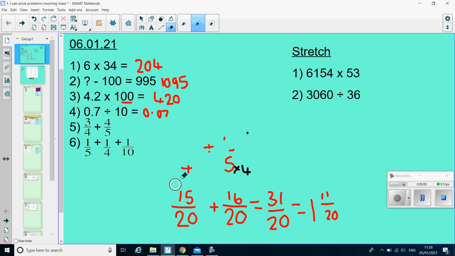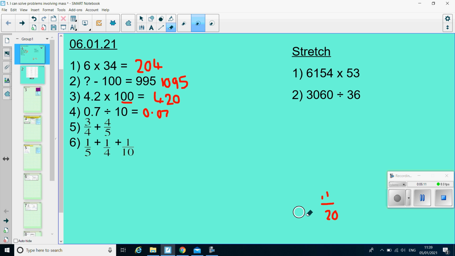Okay, question 6, exactly the same as question 5. I've got to find the common denominator. Now, again, I'm going to go for that common denominator of 20. So this question, I've just got a bit of space underneath, so I'm going to do it here. So again, I'm going to write those fractions out underneath, each with a common denominator of 20. So I've got